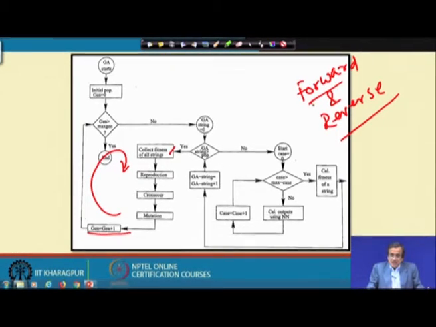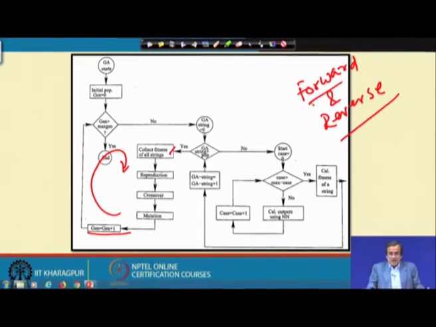Now, if I use this genetic algorithm to evolve this particular network, there is a possibility that we may not face that type of problem, and it will be able to evolve a very efficient network, which will be able to make this particular prediction very accurately. But our experience says that there is no guarantee that every time this GA tuned or GA evolved network is going to give better results compared to the back propagation algorithm or the steepest descent algorithm.